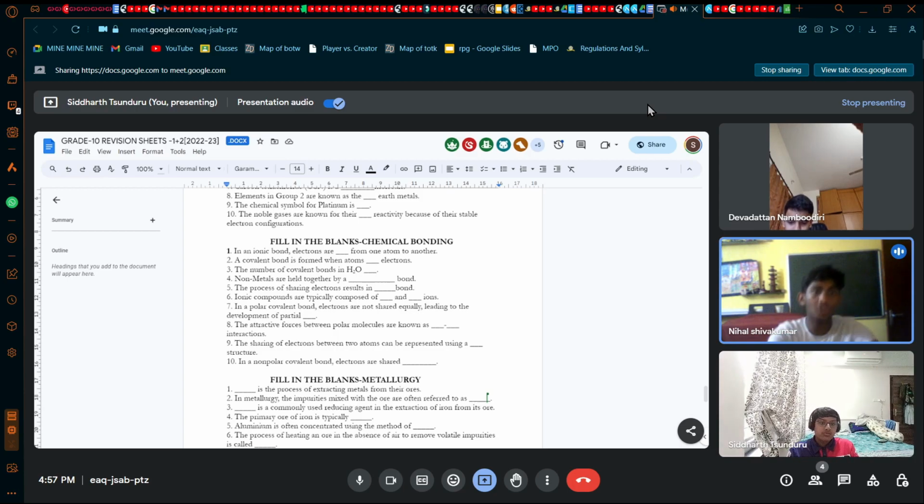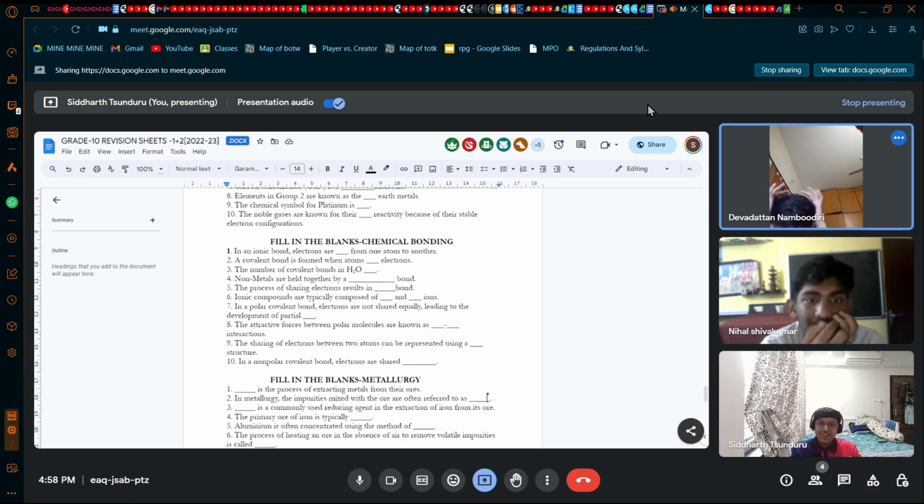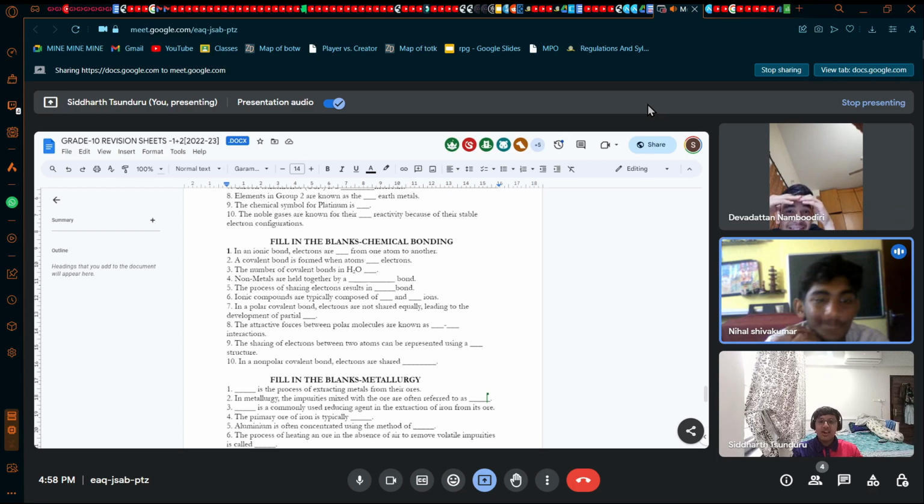A covalent bond is formed when atoms share electrons. The number of covalent bonds in H2O is 2. Non-metals are held together by covalent bonds. Ionic compounds are typically composed of metal and non-metallic ions: cations and anions, positive and negative ions. In a polar covalent bond, electrons are not shared equally, leading to the development of